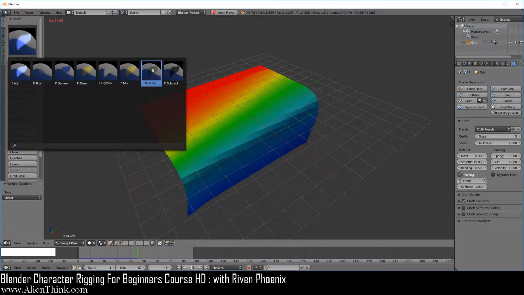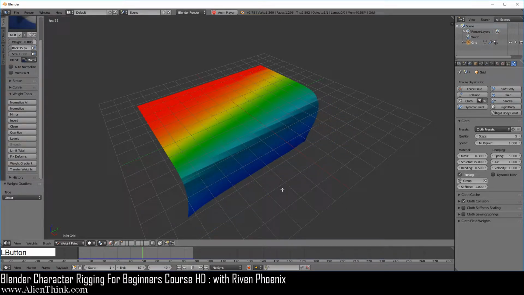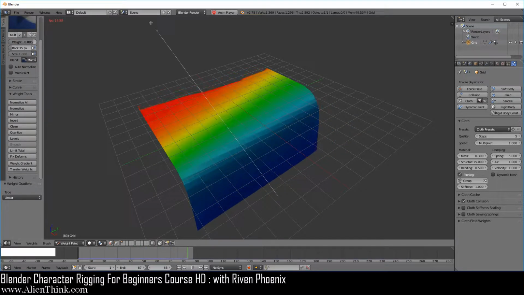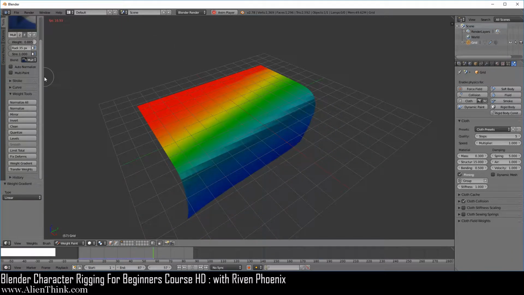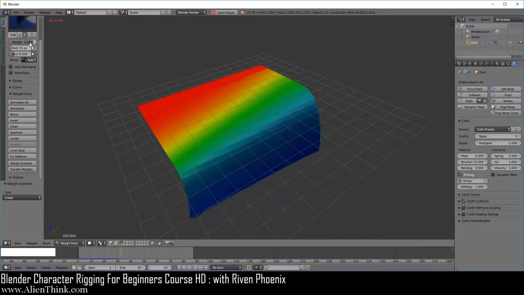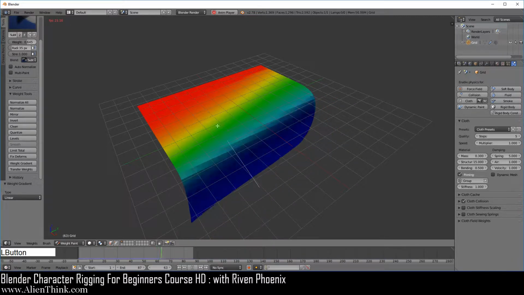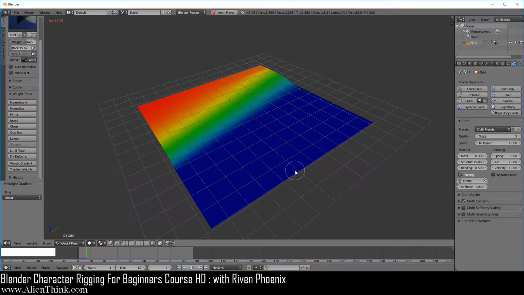We can actually do multiply over here, as I've shown you. Keep this on strength of 1 and just decrease it like this. Now we're going to go back to weight gradient and go back this way, and now we can actually start to remove a few things over here. Okay, or you can just go to subtract and do the same thing. Keep this strength over here and make it go down. Click on weight gradient and go back this way. So now we're just removing.